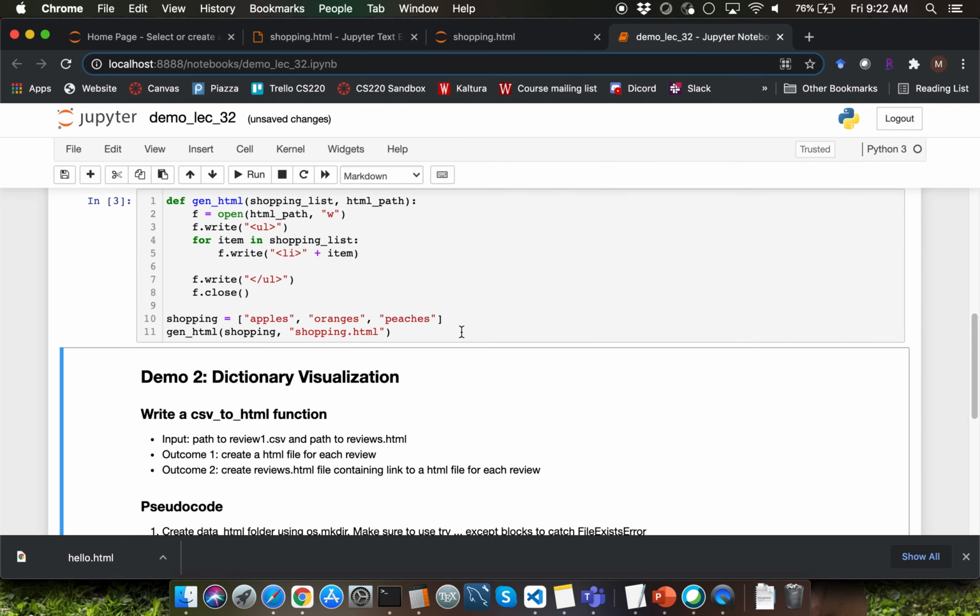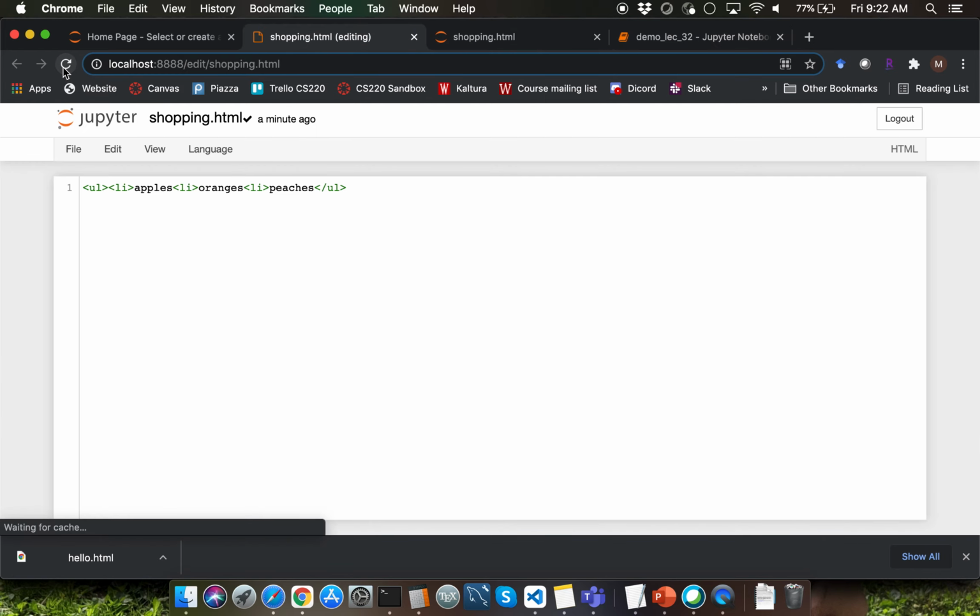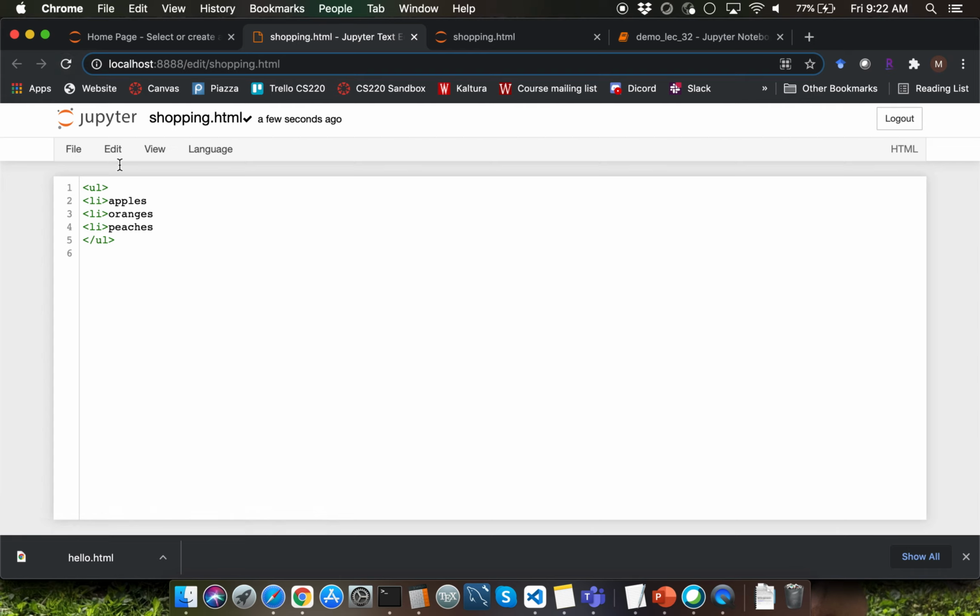We did not get new lines because we did not write new lines as part of the write function call. Recall that when it comes to the write function, you'll have to explicitly add a new line. We are going to go ahead and do that by adding a \n after this particular UL tag, and by including a \n after every li tag, and you can include a \n after the close UL tag here. Let me execute the cell again. If we go and refresh the edit version of the HTML file, you'll now notice that you're getting a neatly formatted HTML source file for this particular HTML.